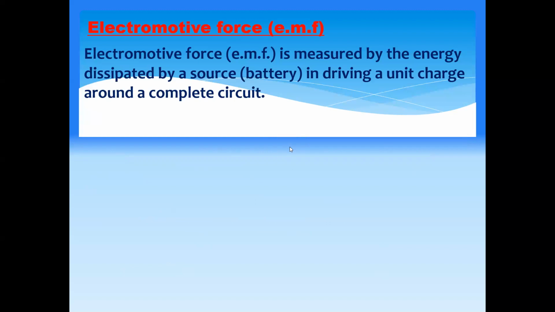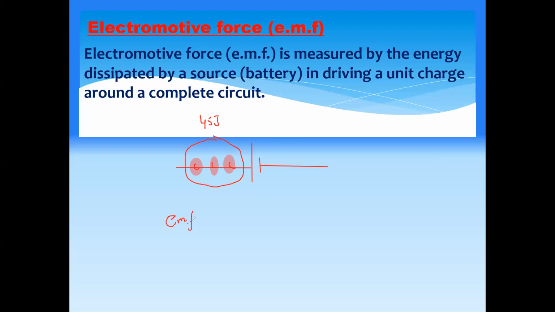So for example, if I say a battery is connected to a circuit and the battery supplied a total of 45 joules. So the battery supplied a total of 45 joules to 3 coulomb of a charge. This is 1 coulomb, another coulomb. So to 3 coulomb of a charge, the battery supplied 45 joules. So how much energy is supplied to each coulomb of a charge, or 1 coulomb charge? That refers to EMF.